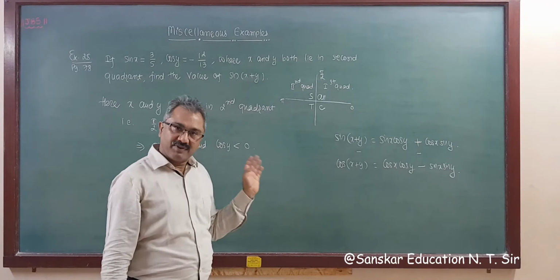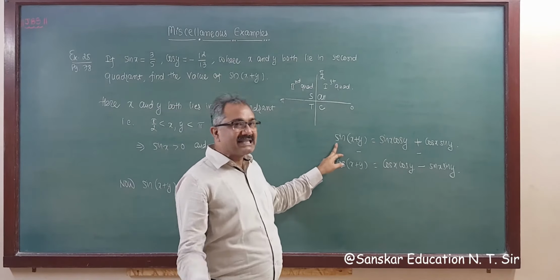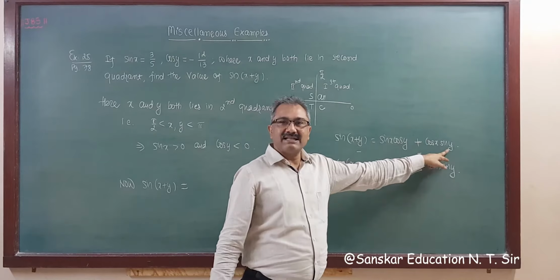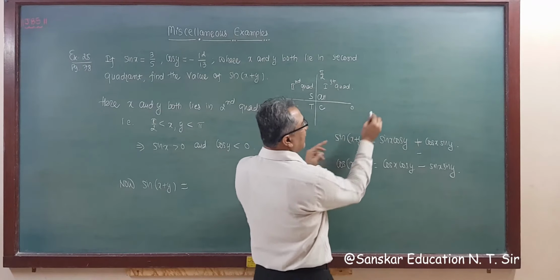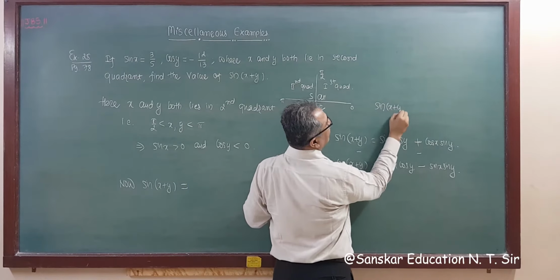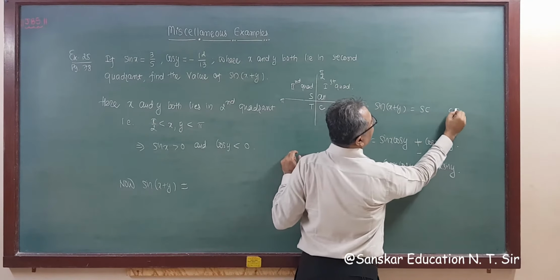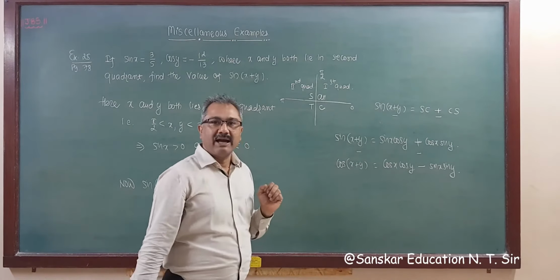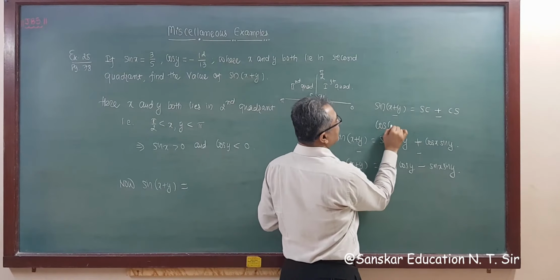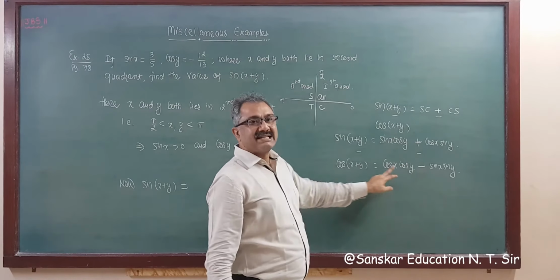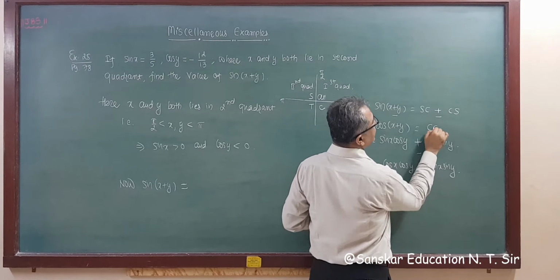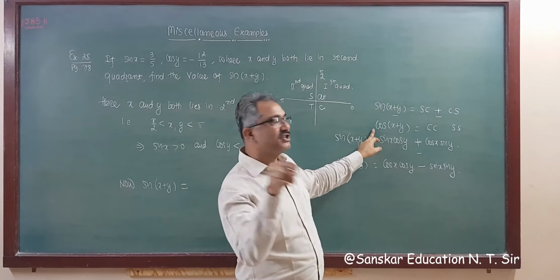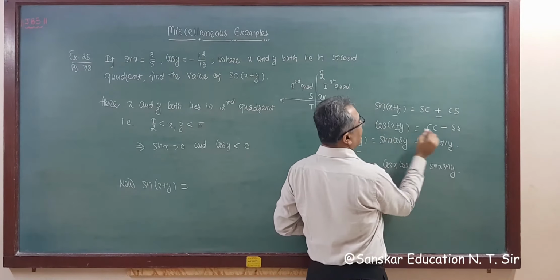So you can remember this as sin means same, no change, for sin: SC plus CS. Remember that for this formula, sin(x plus y) is equal to SC CS. Sin means same, plus then plus, minus then minus. And for cos, cos(x plus y), cos means CC SS. Remember it like this, CC SS. Cos means change, C means change, change means plus then minus, and minus then plus.